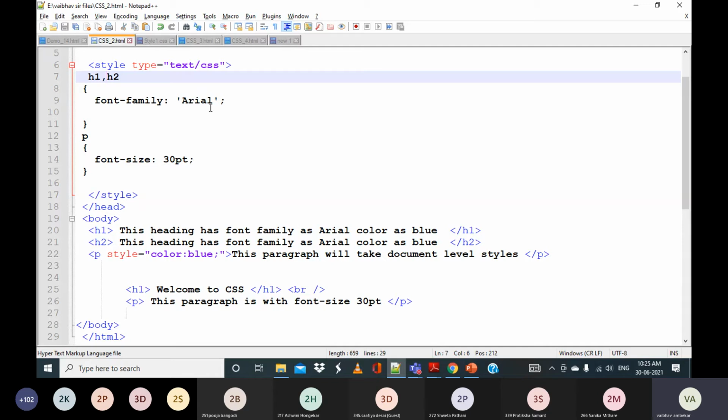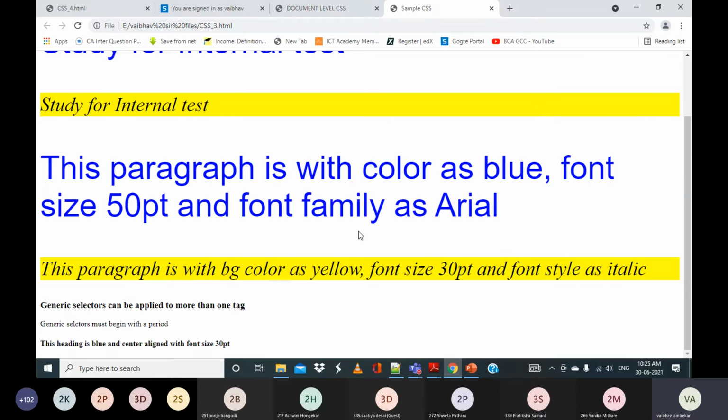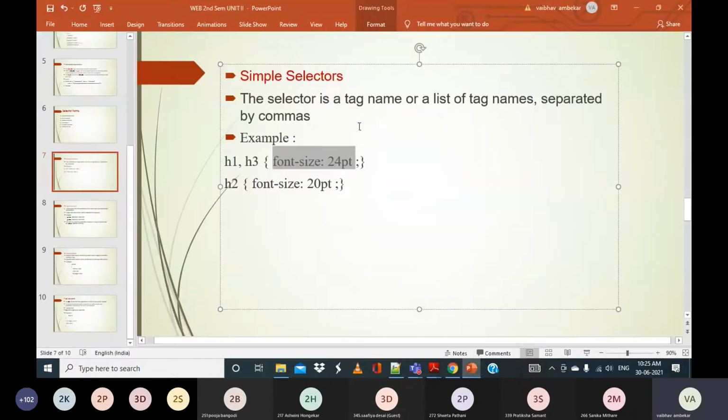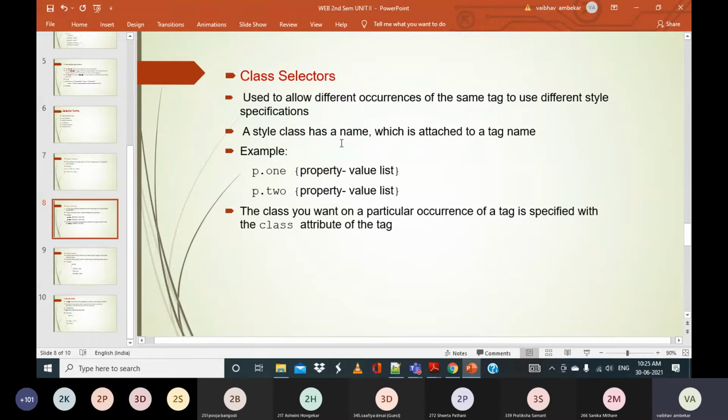But I want to have different types of properties and values in different situations. Like for example, in this case, if some important thing is there, I will put it with red color. If information is not so important, I will put it with a different color like this. So in such situations, you can use different types of properties for the same element or for the same tag. Are we getting it, everyone? Are we following? So how to use that?